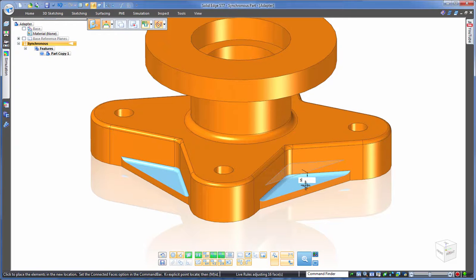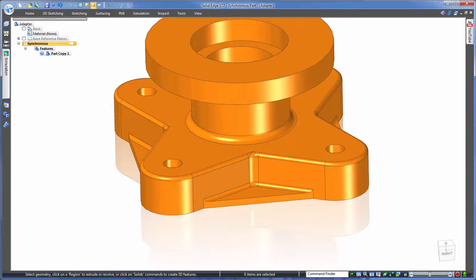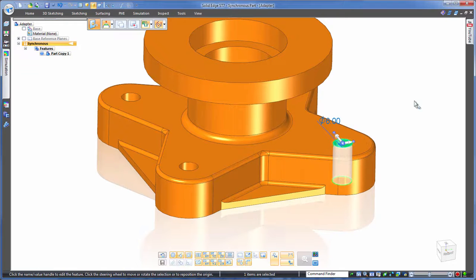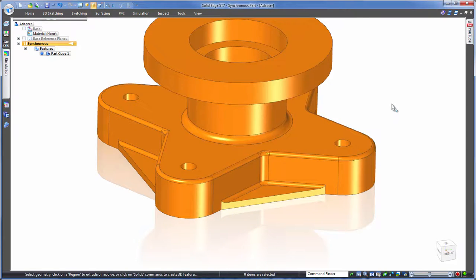Other faces that are in line with this are moving too, just as if it was an original feature in a history tree. But what if you prefer editing existing dimensions instead? Well sure, just click a face and Solid Edge will provide a dimension for you on the fly, ready for you to edit. Again, notice the intelligence here of all of the holes changing as if part of a pattern